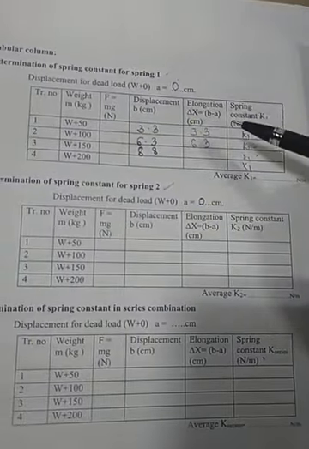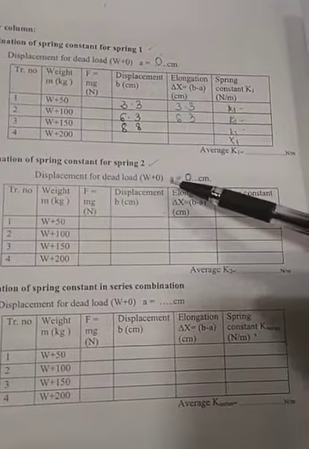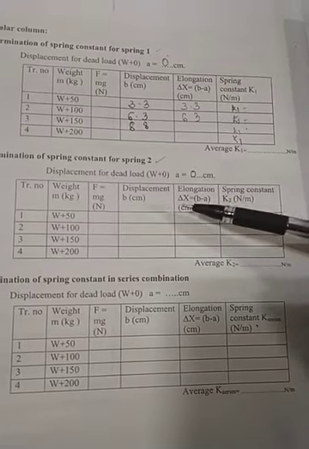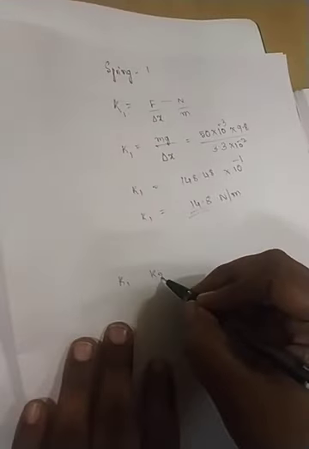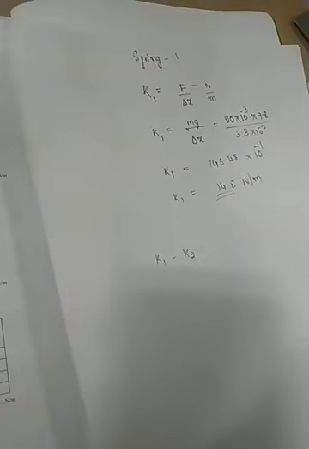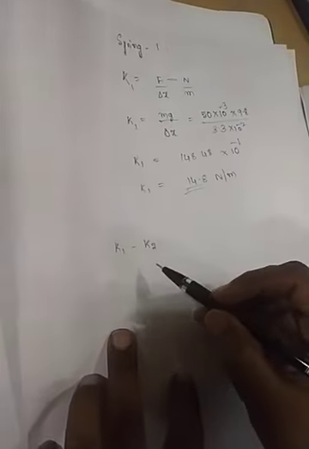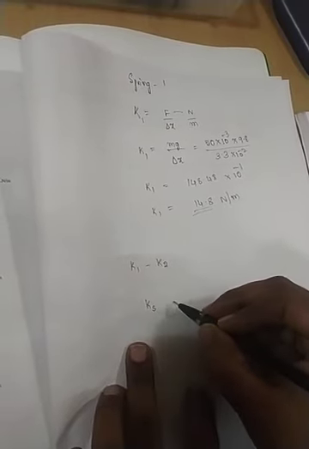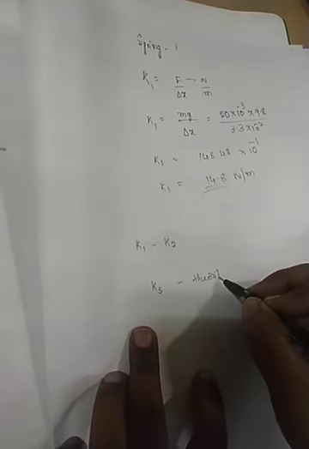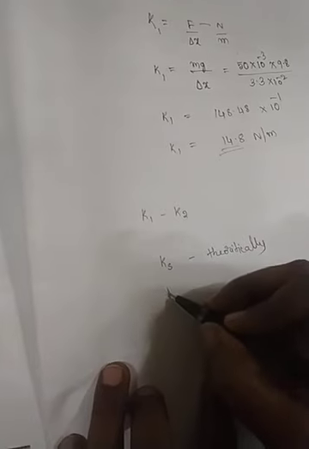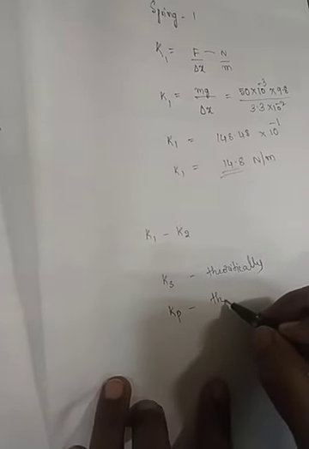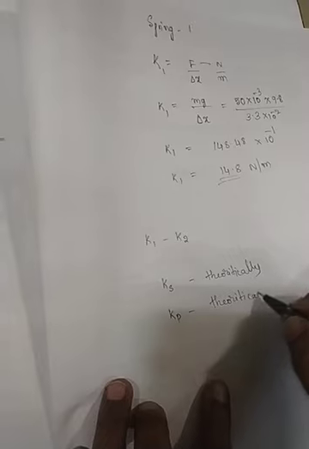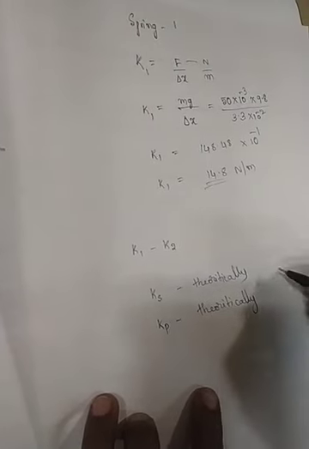Similarly, what we have done in the case of K1, you do it for K2 also. Then we'll pass. Now we know the value of K1, and we know the value of K2. Since we are using the same spring, we'll get almost the same value of K1 and K2. So find out Ks theoretically and find the Kp value theoretically. We have a formula for finding the Ks and Kp values, which is given in the manual also.